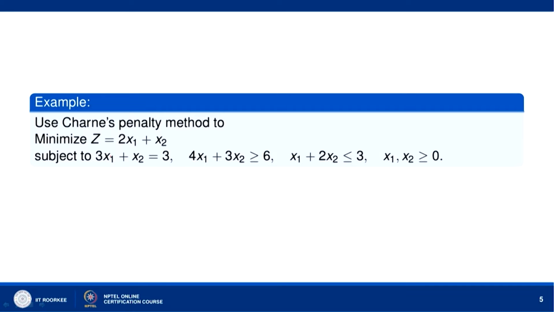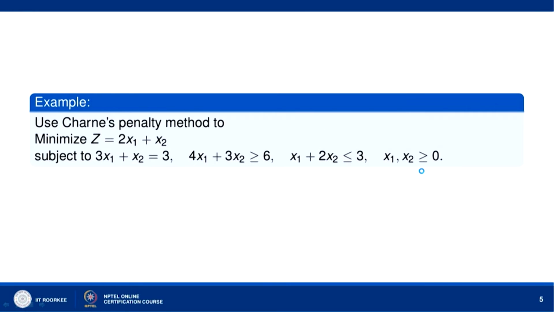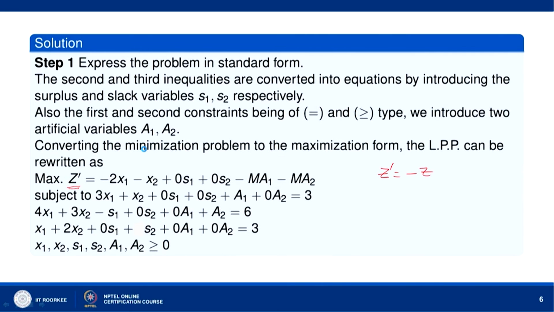Since this LPP is of minimization type, first we convert it to maximization type, and therefore we consider maximum of z dash, where z dash is minus z. So, z is equal to 2x1 plus x2, so z dash is minus 2x1 minus x2, and then we assign 0 values to the